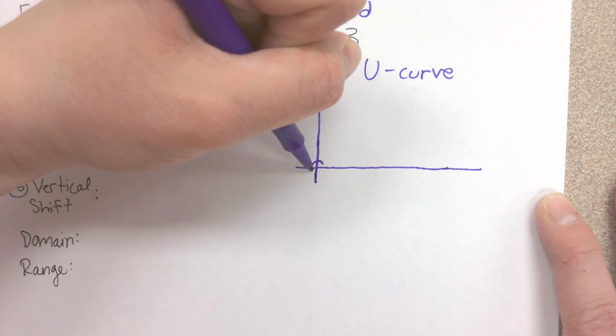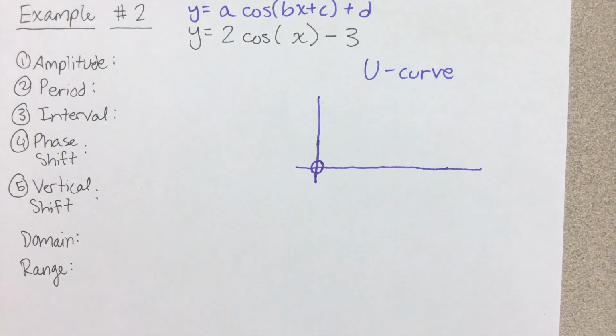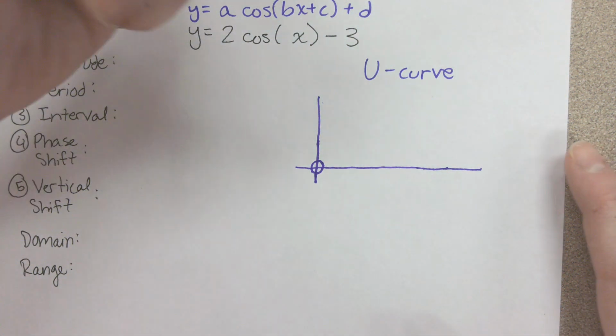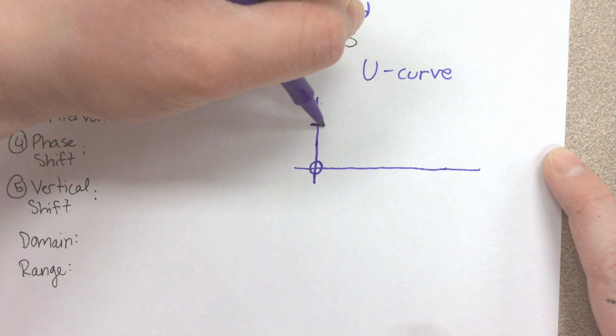So we have our origin, still in that circle. Now, the cosine curve does not start at the origin, it starts at the maximum above that origin. So whatever that max turns out to be,